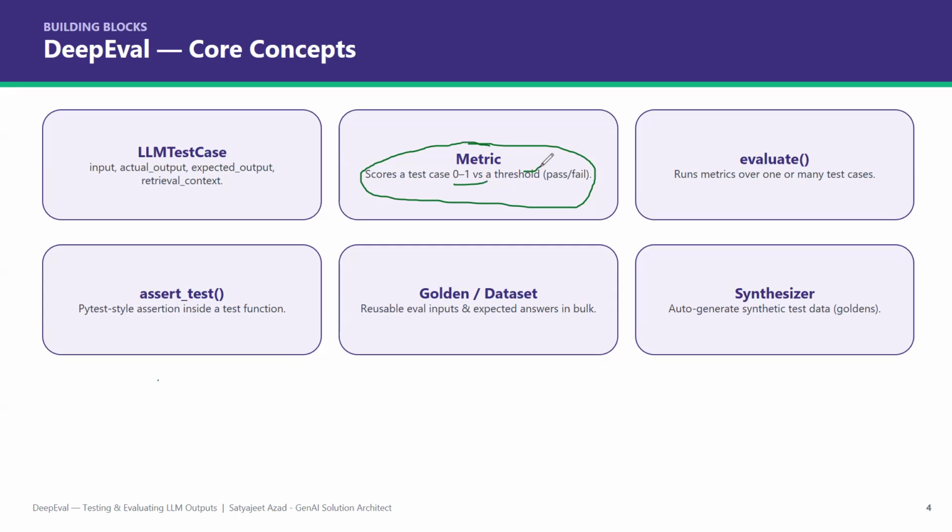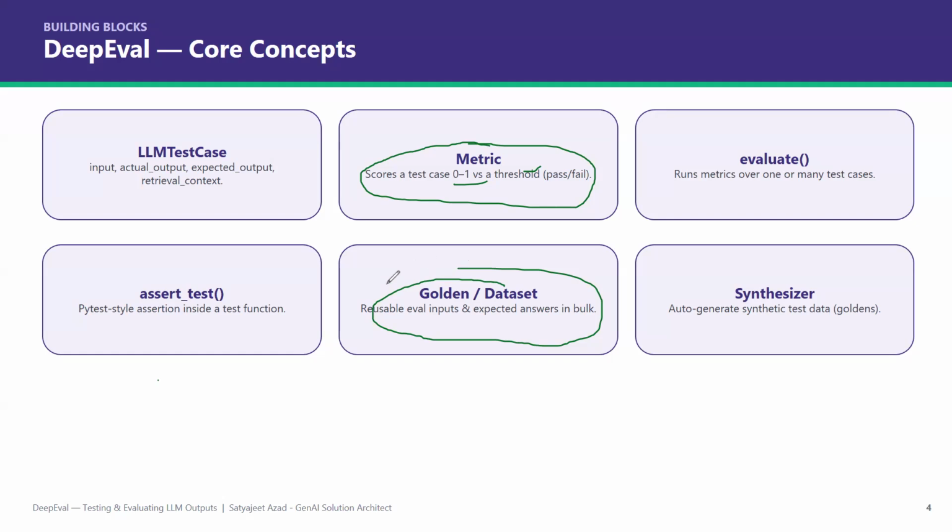For example, if you have a prompt and you are getting a response, whether it is passing from DeepEval or not, because DeepEval can also work with few-shot, or you can say zero-shot, right? So that can help you also, and it gives us a response in terms of a metric. Then there is something called the golden dataset. What is a golden dataset? Typically, we have some input and expected output already defined, and we call that a golden dataset. So whenever you run this DeepEval test, it will check against your golden dataset.